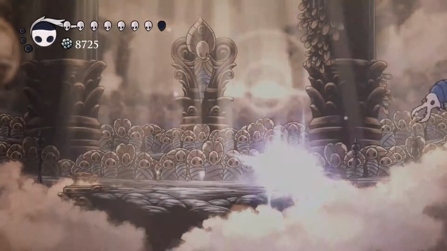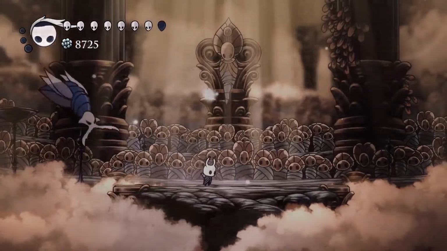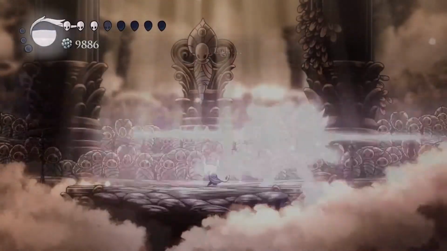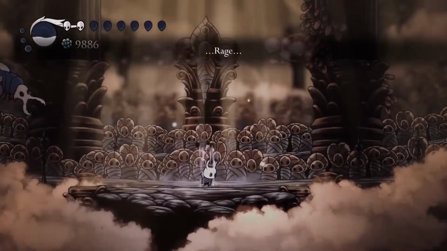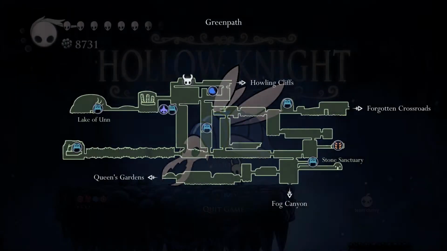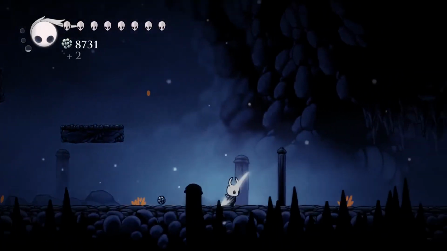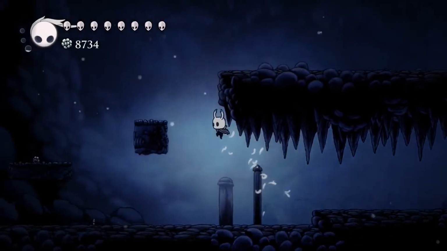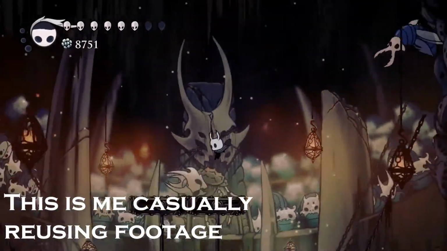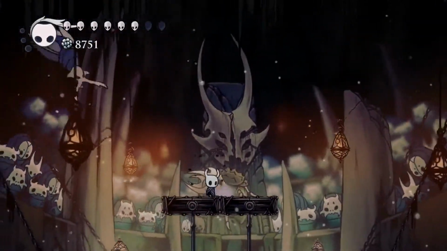There is also enough time to heal immediately after dodging the swoop attack, or the swipe attack from the Vengefly King. So the Dream Nail dialogue for this one is Rage, Defend, Kill, and Light. So the locations you can find it in, it is a boss in Green Path, and then it can also appear in the Coliseum of Fools. I wouldn't call that a boss necessarily, because